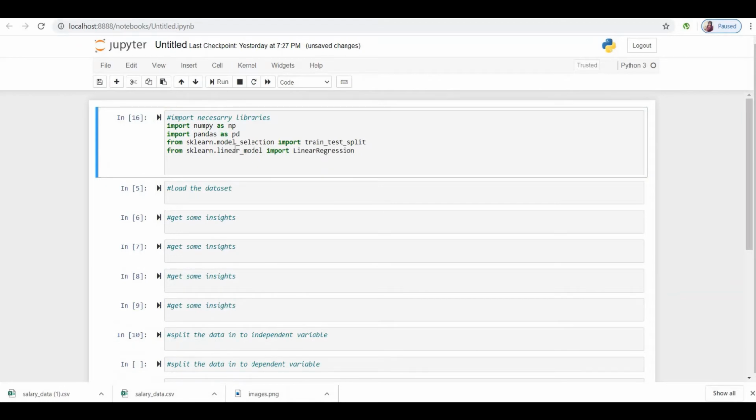So these are the libraries we will have to import, that is NumPy, Pandas, and from model selection we will be importing train_test_split to split our dataset, and from sklearn.linear_model we will be importing LinearRegression.